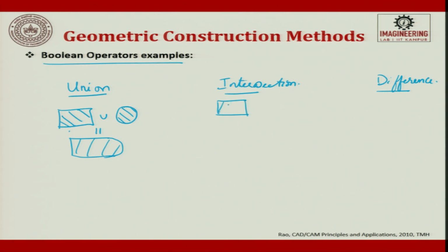So, A, you try to get the intersection of it. What you get is this portion alone. Difference is this minus this, so you try to get this portion alone. Okay. So, you can try to do any of these operations and develop whatever I have said here. I have given some more examples. It can be a solid, it can be whatever it is.